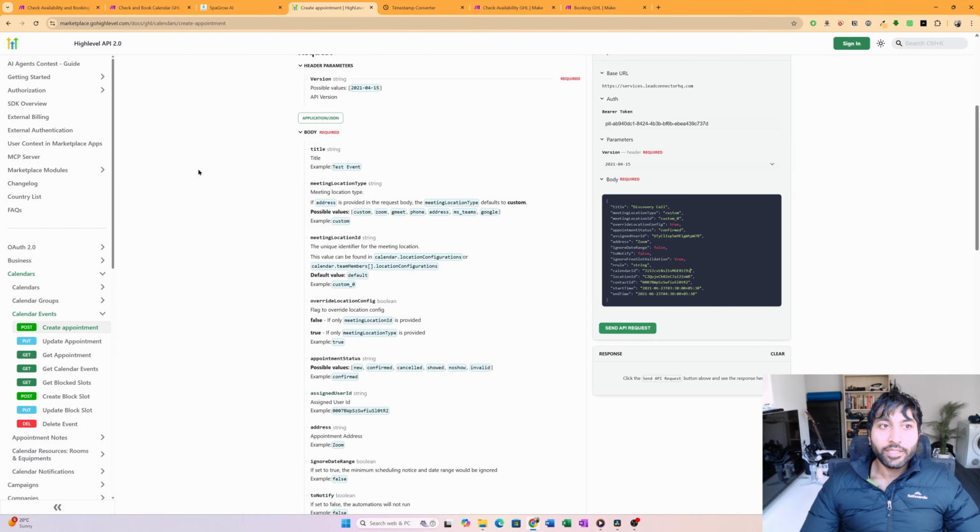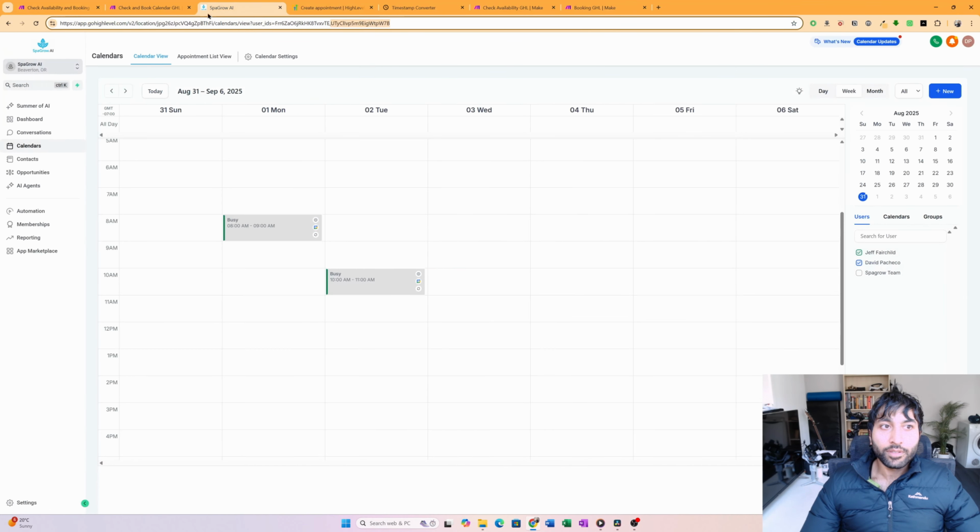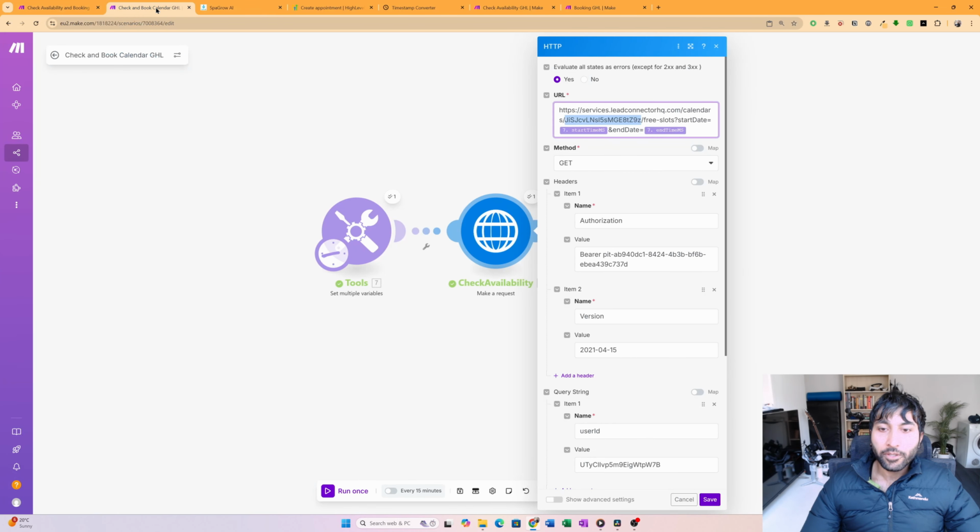The location ID is the ID of your account or where it lives. So over here, we can see the location in the URL when we are in our space. And we can find the location ID by getting these characters that are after it. So go over here,